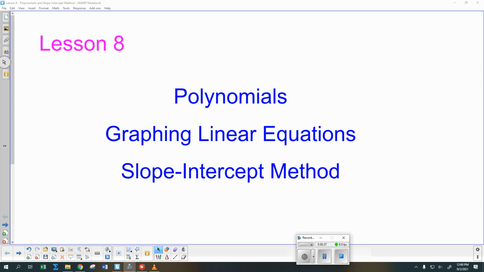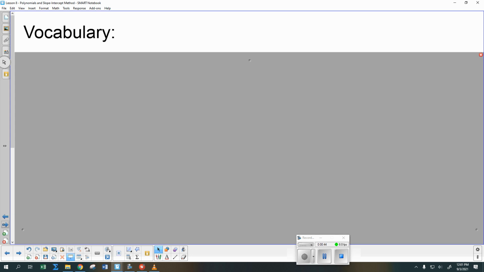And we will be reviewing the slope-intercept method, which you learned last year. So kind of be thinking, okay, what was the form for that equation? What do I remember about slopes and intercepts and how that works? So we'll be reviewing it all. But let your brain start trying to remember some of that. So beginning with vocabulary,